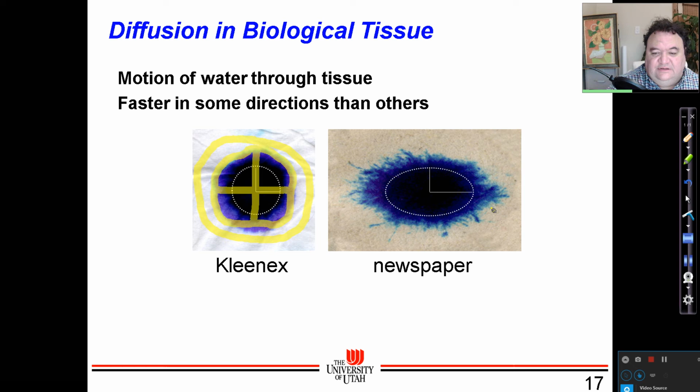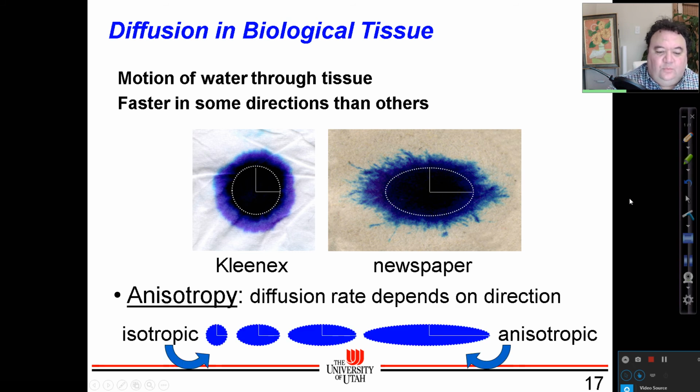If we have a different type of paper, like a newspaper, and the ink distributes more along one axis than the other, it's like having this ellipsoidal structure where, of the two main directions, one is longer than the other. And so going back to the medical case, this would be the direction of the fiber tracks. And so one can use this type of ellipse